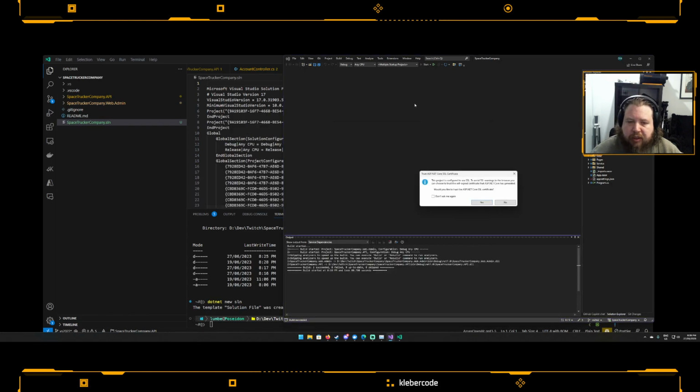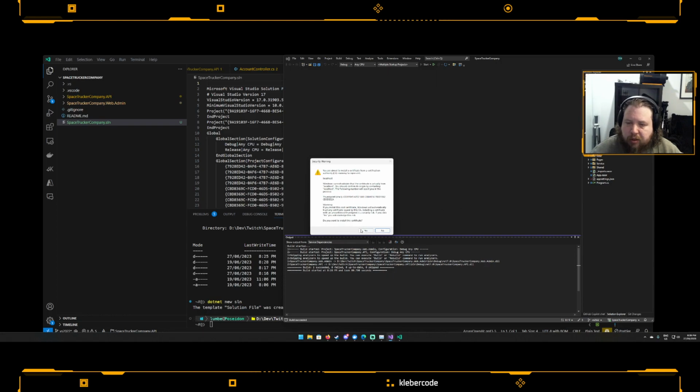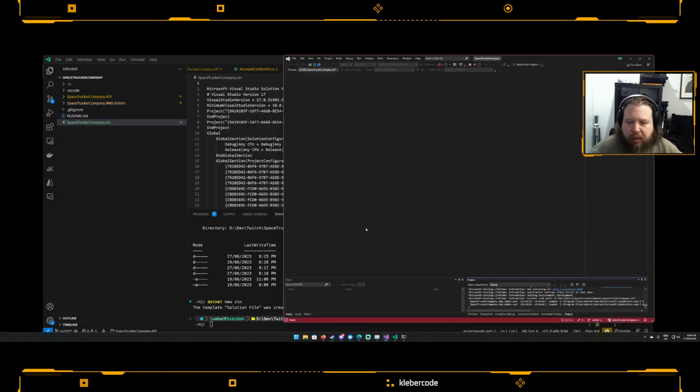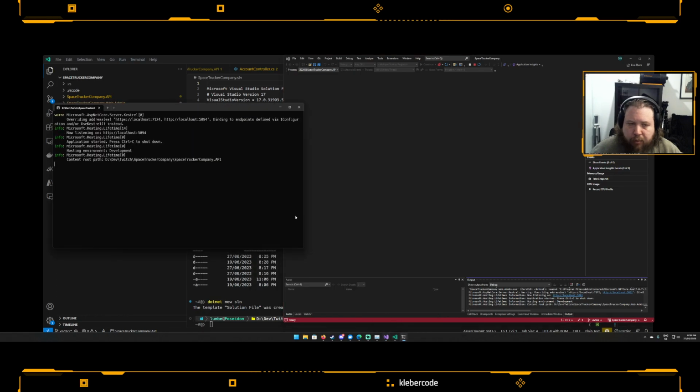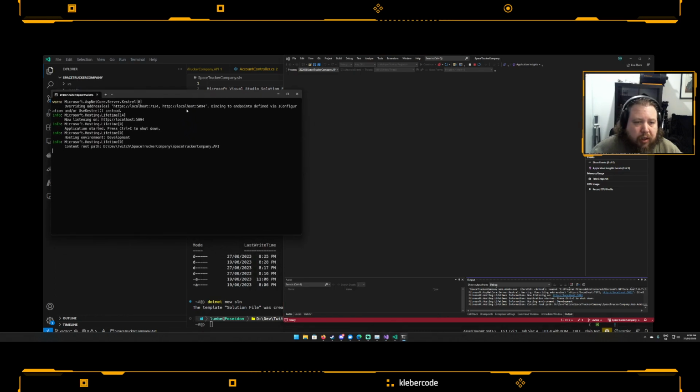Cool, so now if we run start, we get trust certificate, yep, that's fine. Trusted certificate, so we can run HTTPS, that's fine. Alright, so this should be running, and we should see,